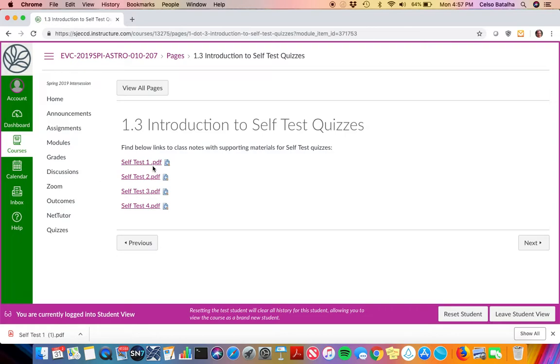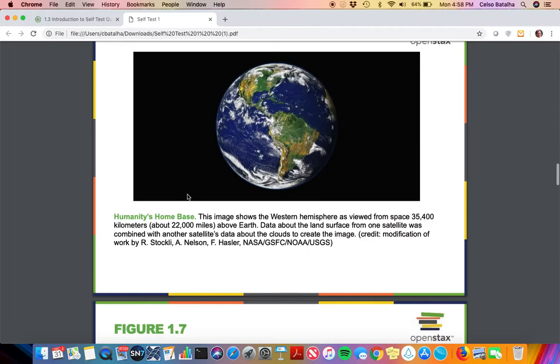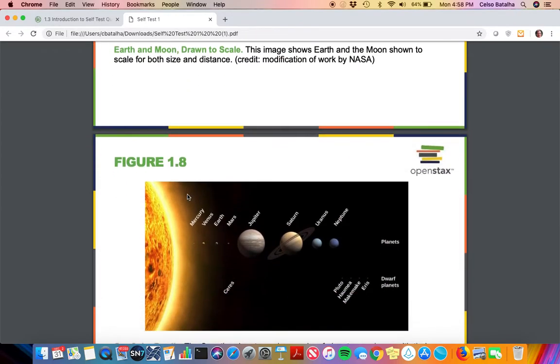But I will try to keep them to 10 minutes, so it's not extensive at all. It's 10 minutes or less. I'm going to go through the slides; there are 10 or 15 slides. So you would open your self-test, for instance. This is an example. You open self-test number 1, and then we have a few slides, and I explain in this particular case